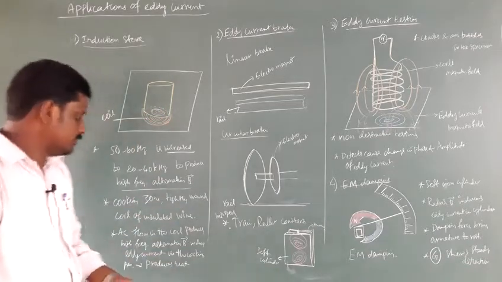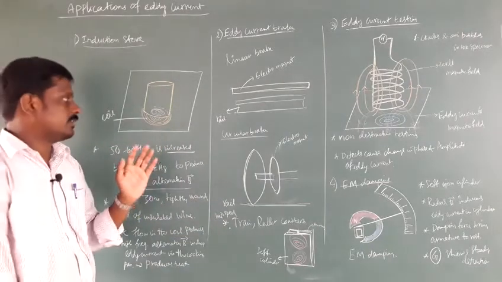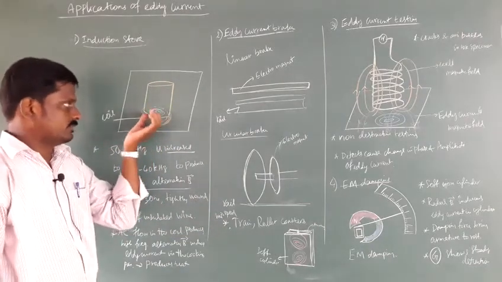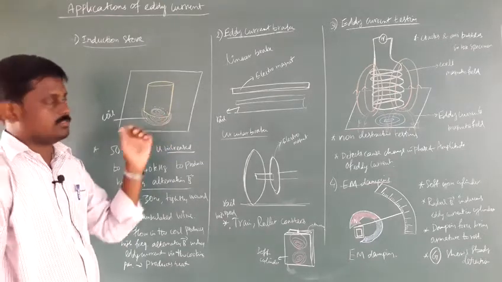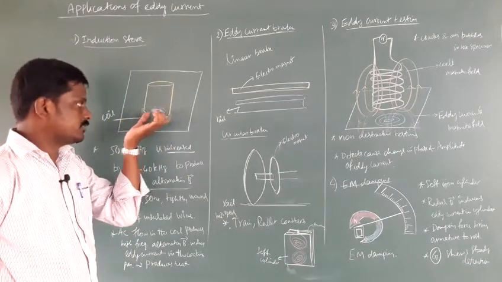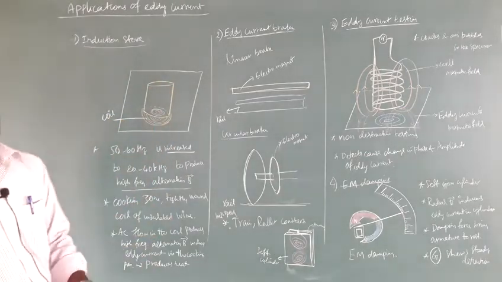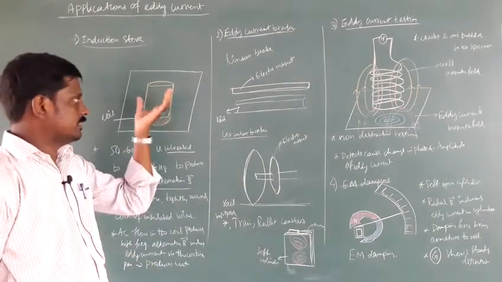It's so simple. What is the process that goes on? The alternating current passes through the insulated copper coil. The current flows, and a high frequency magnetic field is produced. That magnetic field causes a change in magnetic flux linked with the cooking pan, so an induced current is produced. The induced current produces heat energy. That heat energy is used to cook the food inside the cooking pan.